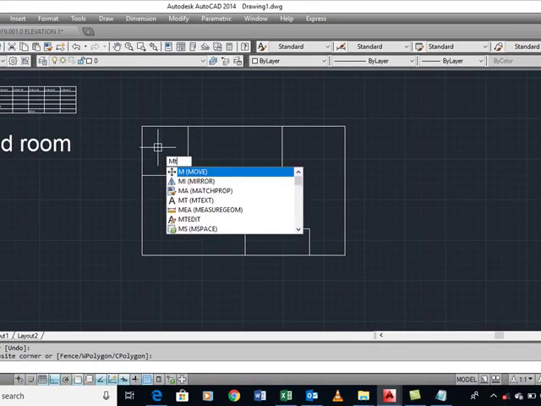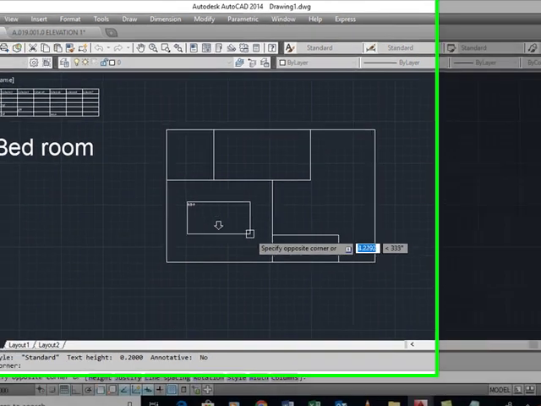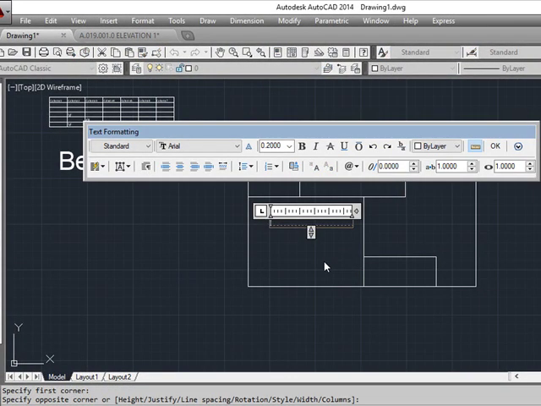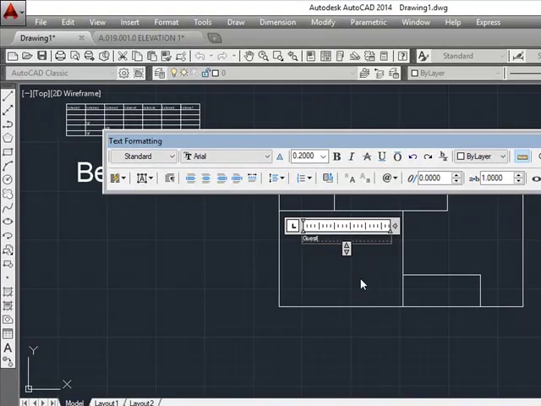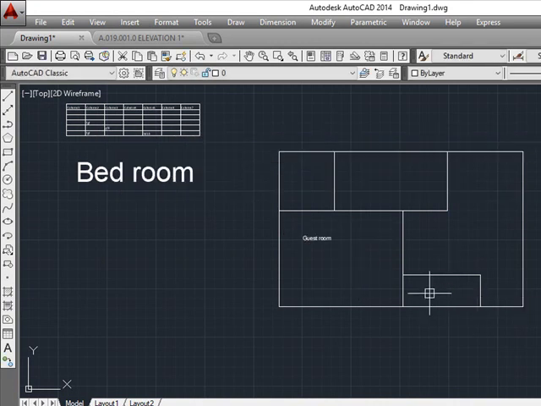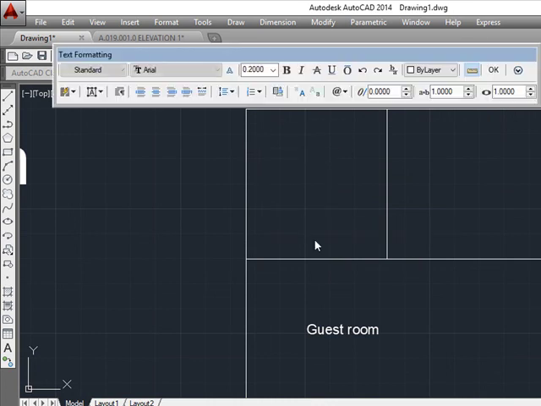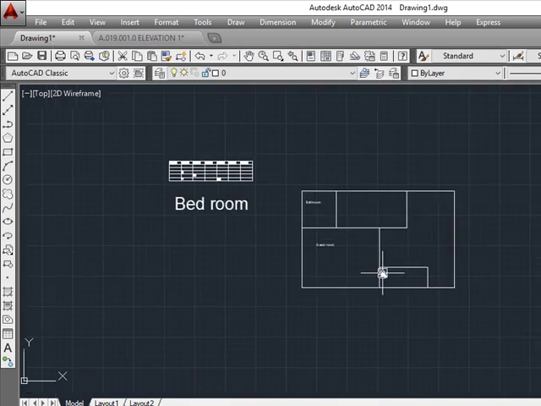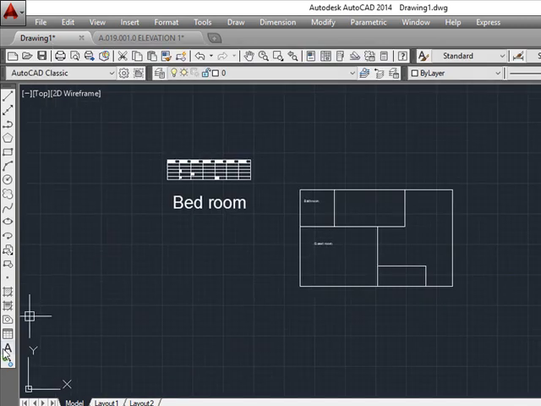So just type MT and specify any information, like guest room. Here is corridor, anything. It is bedroom, anything. It is toilet. Just type MT here, click on it, type it is bathroom. Anything else. Okay, that is the use of multi-text